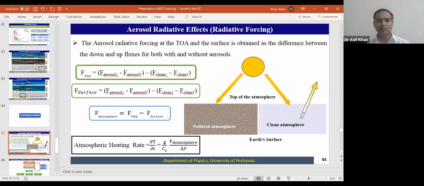Thank you. Yes, you are right. The interaction of the radiation with the particles depends on the particle nature. Since we are talking about the total column concentration, in that we have mixed particles: dust particles, black carbon, sulfate particles, iron particles and some sulfur particles. But we did not individually calculate the interaction of radiation with these particles.